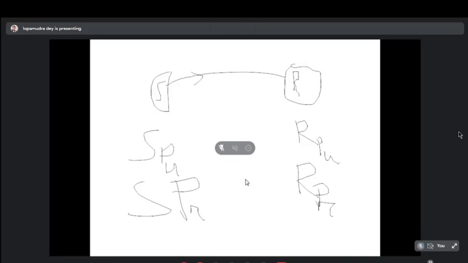So there are two keys on the sender side and two keys on the receiver side: the sender has a public key and a private key, and the receiver also has a private key and a public key. Now my question is, if the sender wants to send data to the receiver, which key will be used for encryption purpose? Normally the public key is used for encryption purpose and the private key is used for decryption purpose.